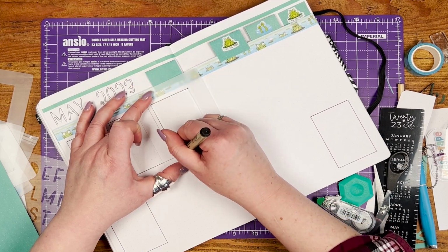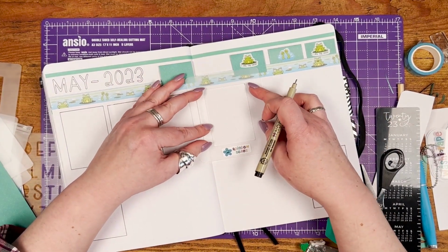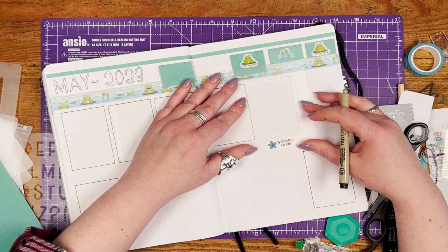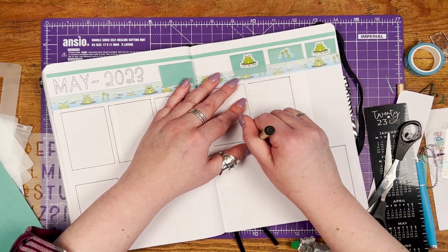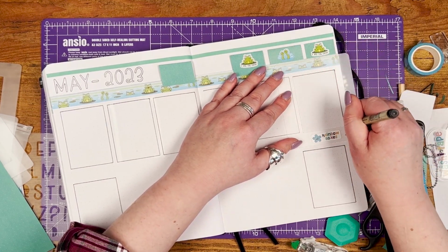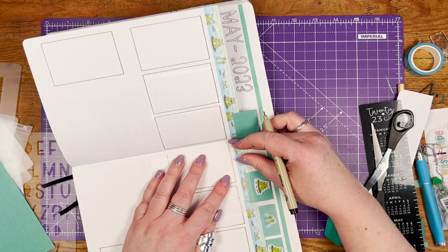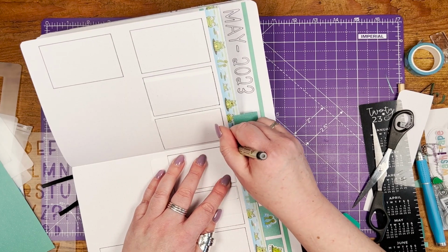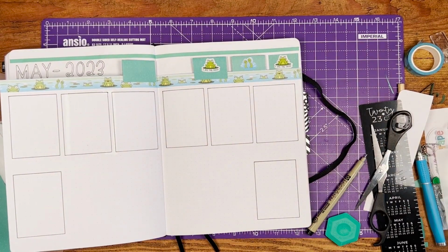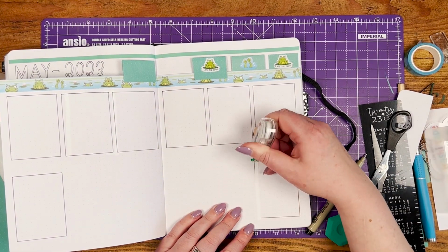What I do discover in a second is that I have positioned that box on the right hand side in the wrong place, so I do have to use my trusty white out pen and cover over it and do a bit of finagling. Sadly, this is not the only mistake in this month's spread, as you will see in a second, but what I hopefully will show you is that when there are mistakes, there's always ways to cover them. So I'm going to go over the box using my